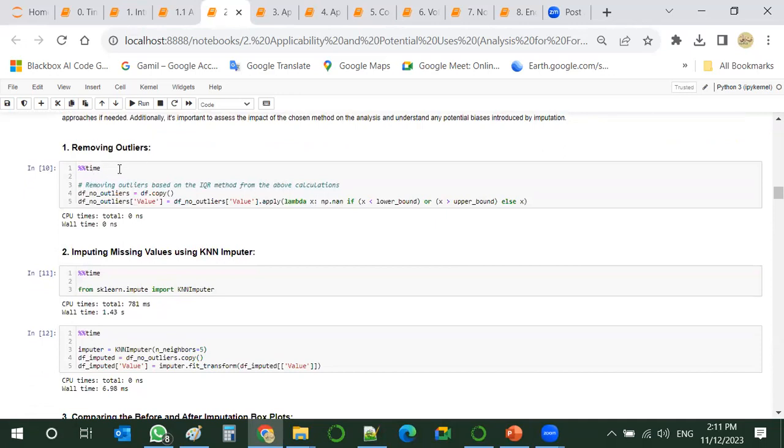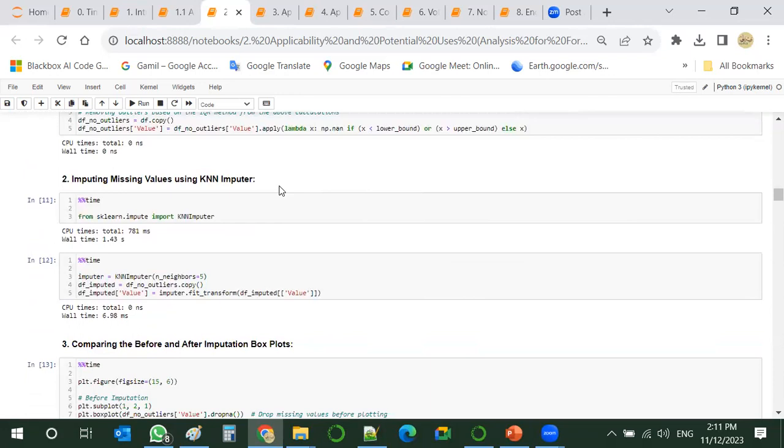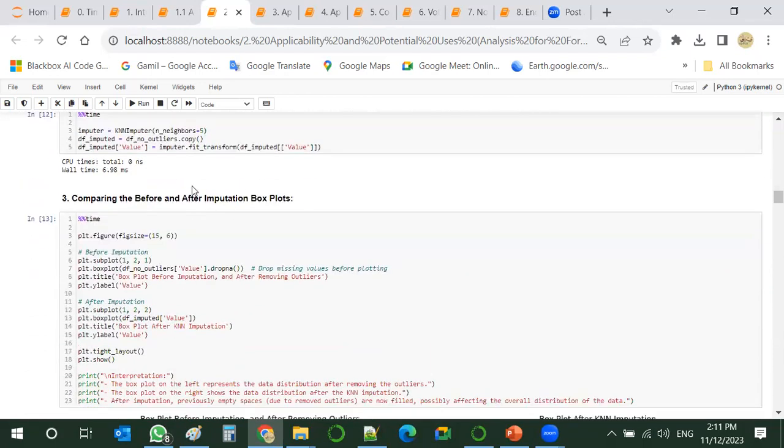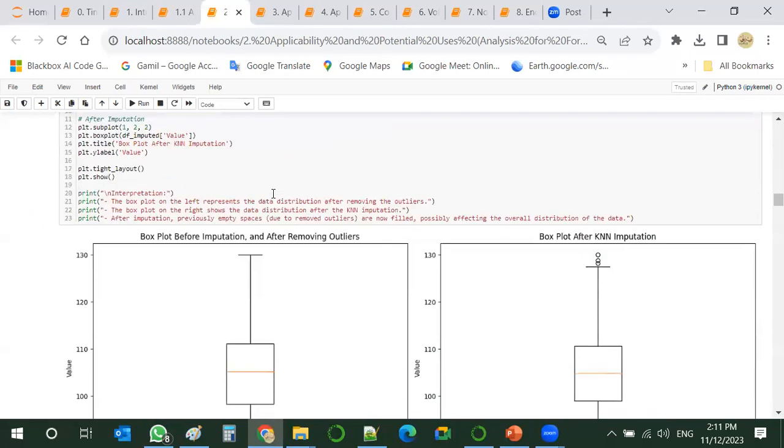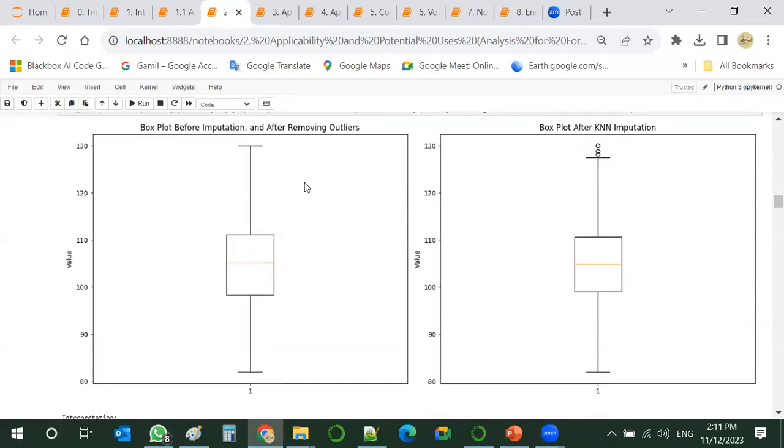Okay, so we'll start removing our outliers. We impute the missing values, and we compare the before and after box plots.